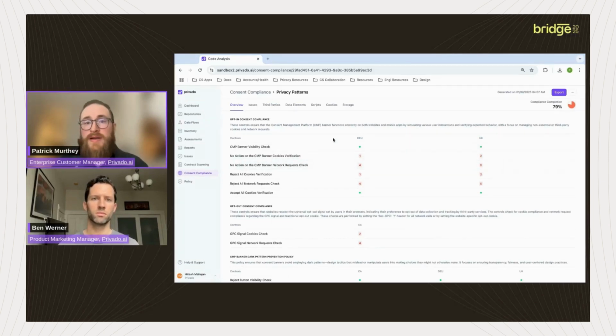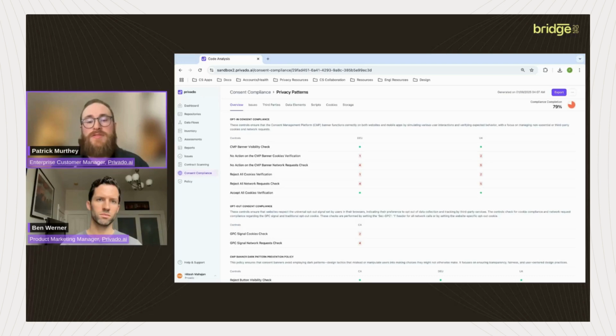Even though a lot of our banner CMP settings are blanket across the EU, we see this happen pretty regularly where different countries have different cookies or APIs firing in the process. And so really what consent compliance does is allows your privacy analyst teams to first have a source of truth on what you guys are doing on the websites and where those potential risks are going outbound. And then it allows the teams to do a full audit around consent compliance checks to make sure that, based on whatever regional jurisdiction the website is operating and intending for,